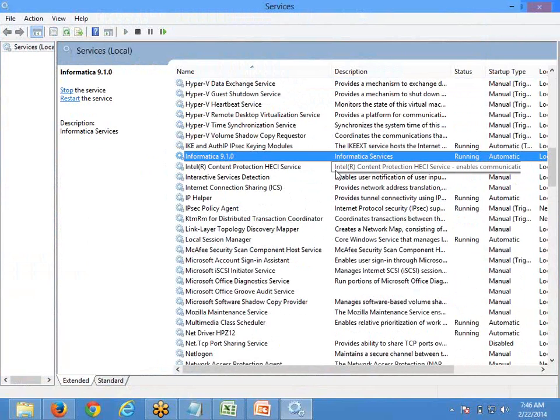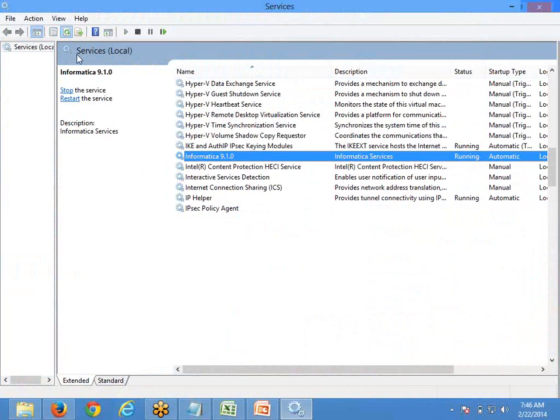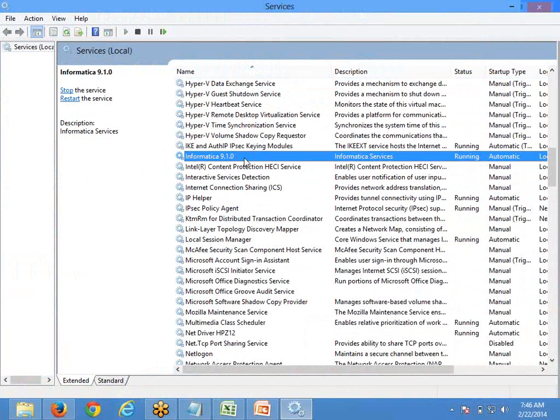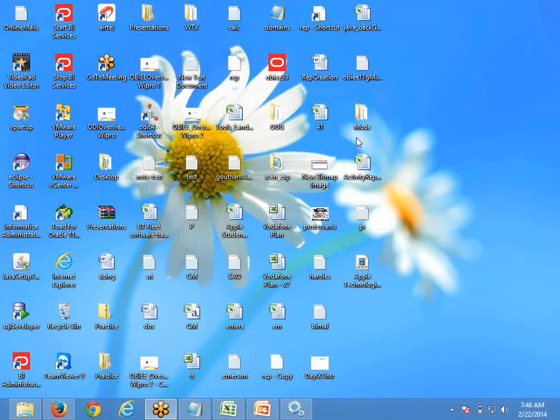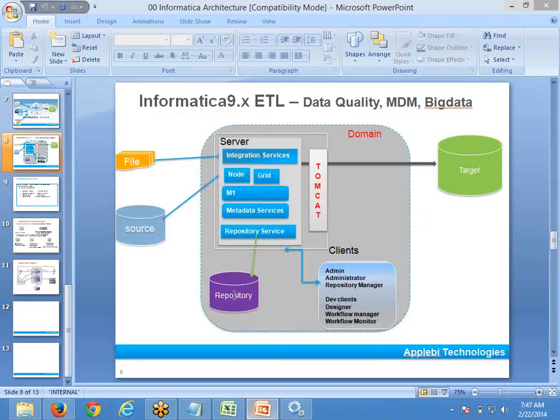But to begin with, the first thing is to ensure that the Informatica software is running. Now in my machine the Informatica server is running. When I say the server is running, I see only one entry in the list, but internally the entire big box, all these components, are running on my machine right now.